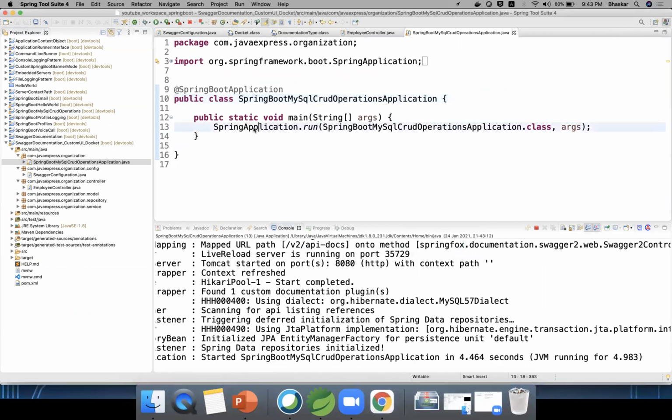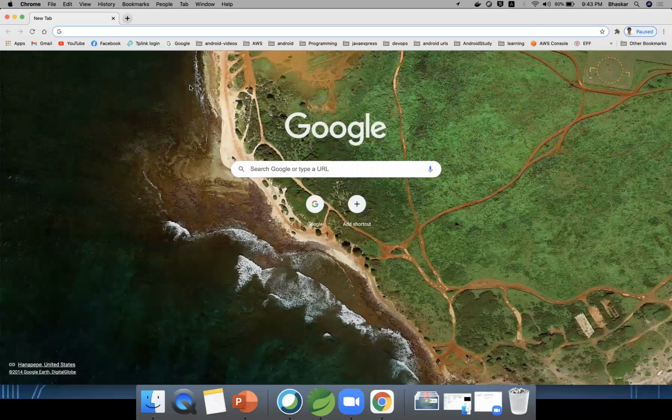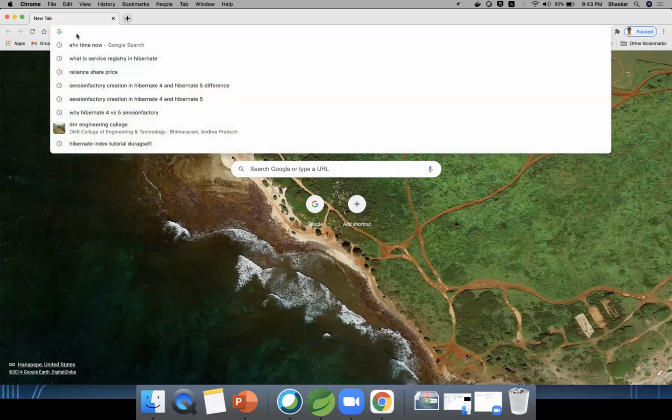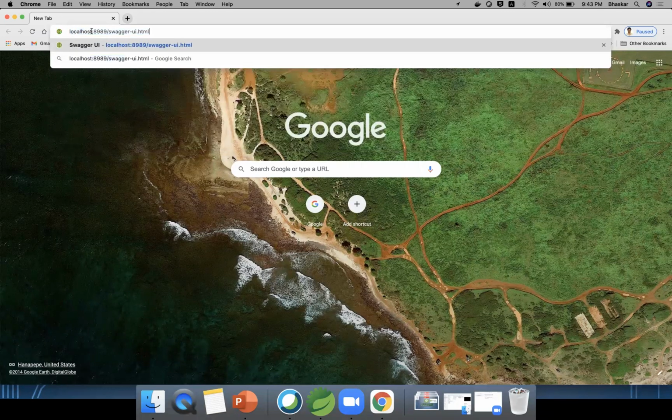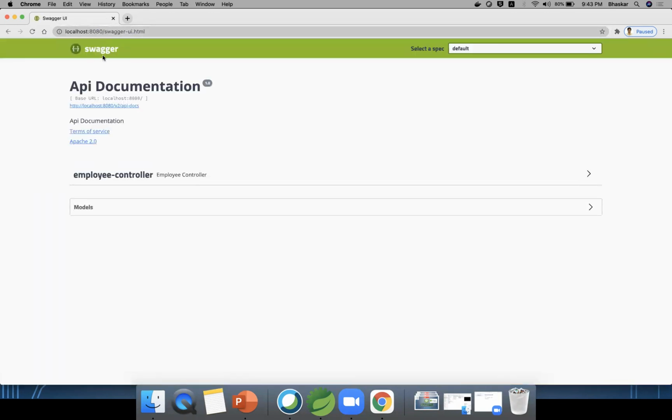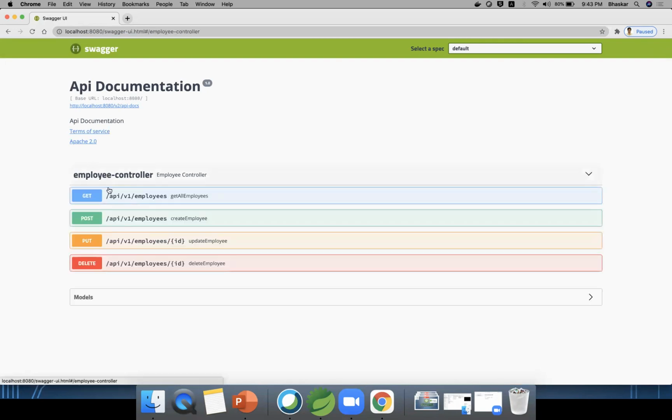It is taking time. You can type localhost port number 8080. See, Swagger UI is open. Here it is displaying only employee-controller, api/v1/employees. All v1 related endpoints only are displaying.